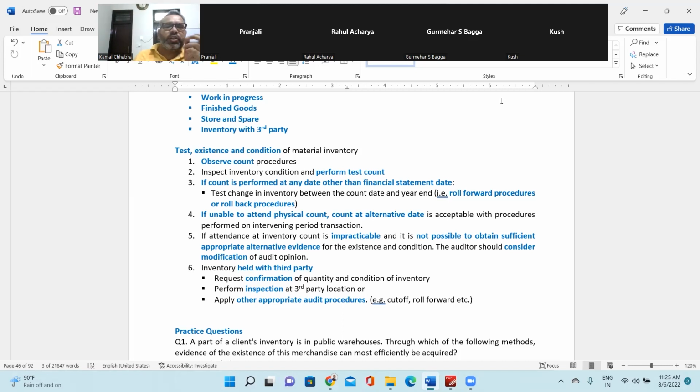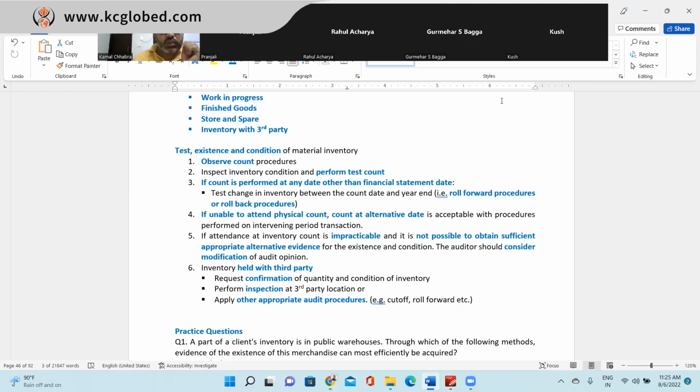So in those two months, whatever transactions have happened, you are required to perform tests on those movements, whether it's your purchases or your sales, to gain comfort over the transition period, the period between the inventory count date and the year end date.